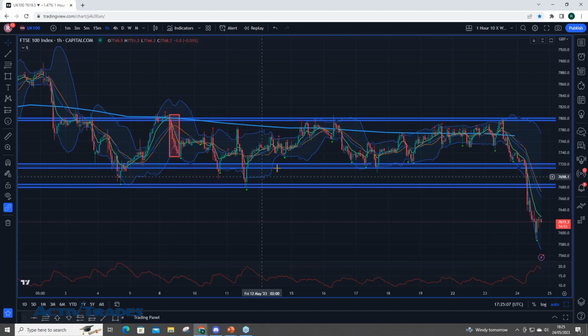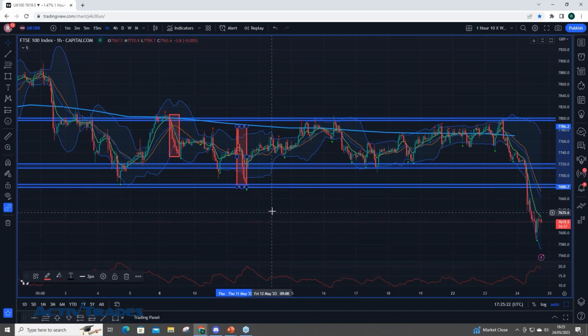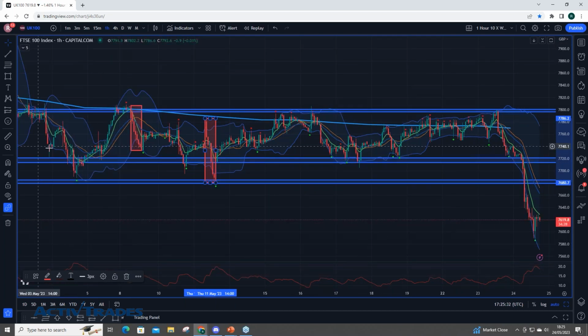But in terms of this overall corrective structure, that does not change things. And again, we've got another one here, another impulsive move within that corrective structure. It doesn't change the fact that on the higher time frames we are still within a corrective structure. And the reason I'm saying this is in my analysis this morning with the FTSE, we've had this really long period of consolidation and range where you've got a clearly identified resistance zone up here, this blue zone here,